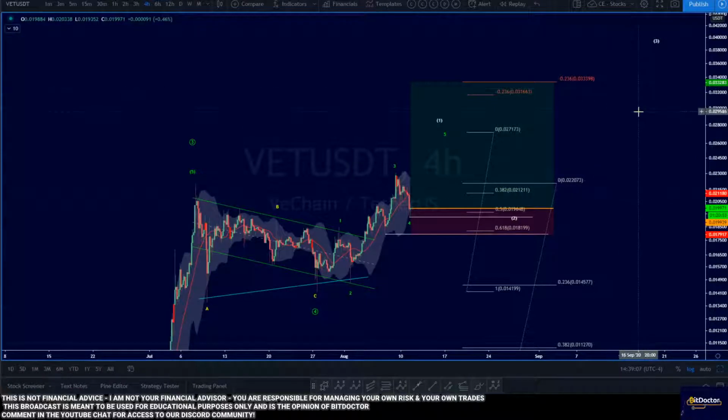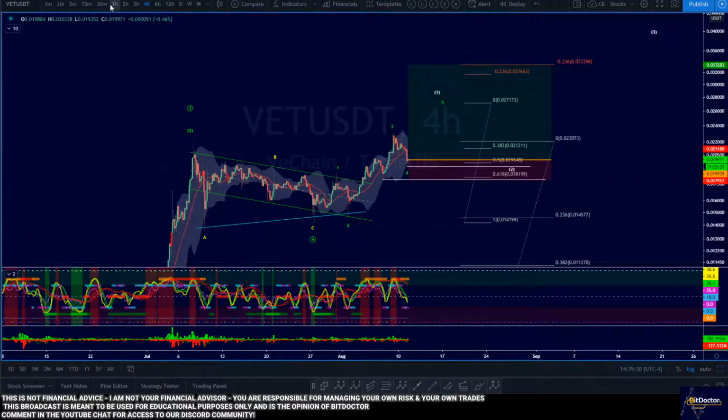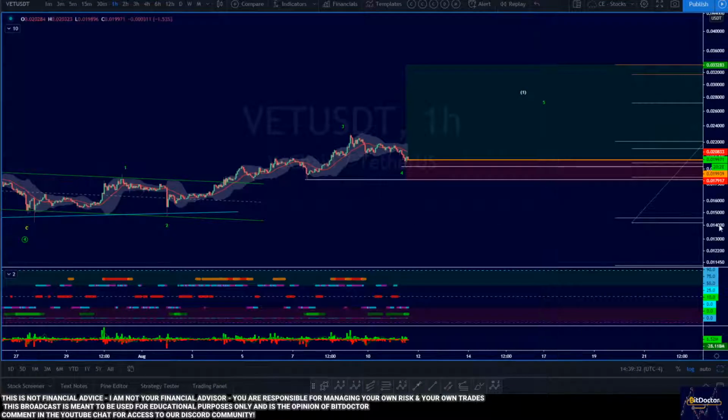So again, my targets to the upside, anywhere between 3 cents to 4.3 cents, I think is a good area to start scaling out. You've got a limited amount of exposure, a limited amount of risk on this by going back here to this wick. And we saw a nice reaction off of that. It took us up to new highs, at least local highs, and I think we're going to continue that. The correction here likely is over. Let's just take a look at the hourly and see what this looks like.